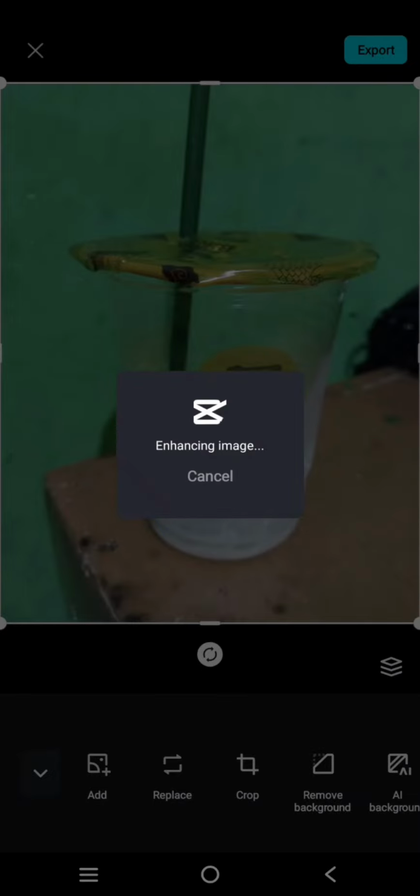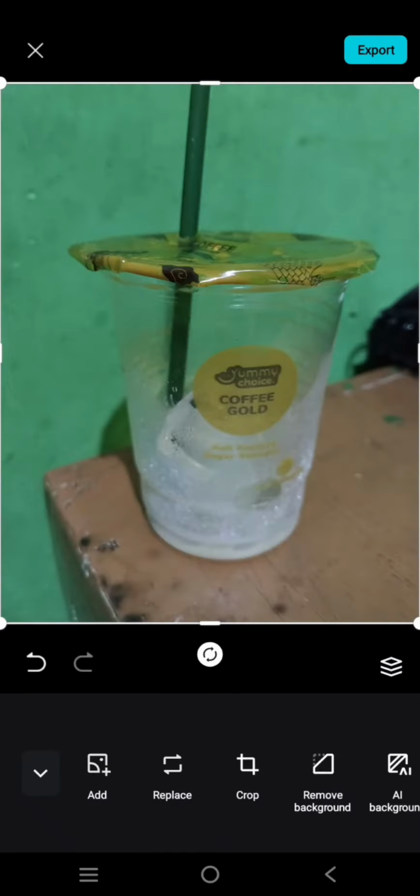Okay, so just wait. You can see now it has a better quality. So this is the before look and this is the after. You can see the difference slightly. Okay, so if you're satisfied with the result, you can just click on export at the top right corner, and